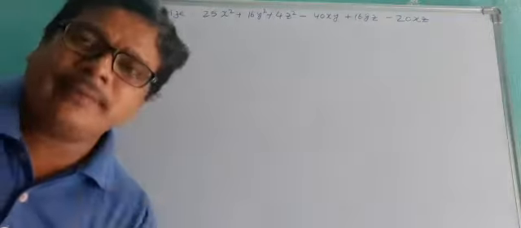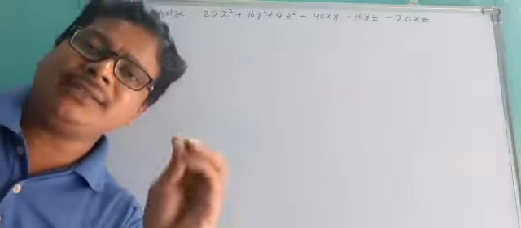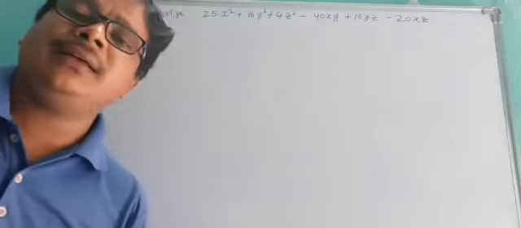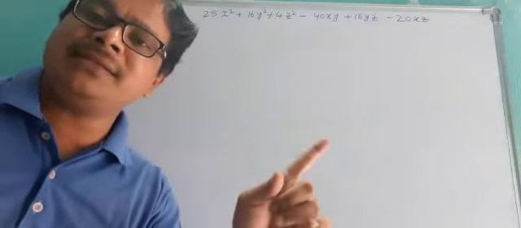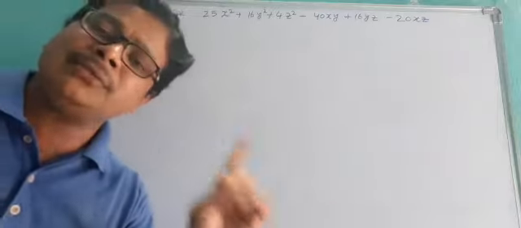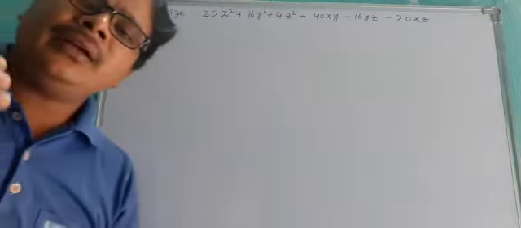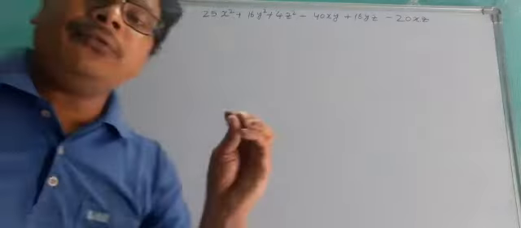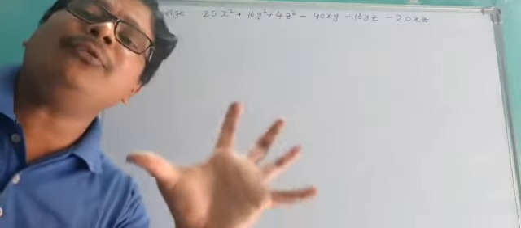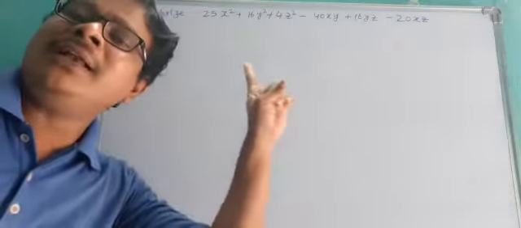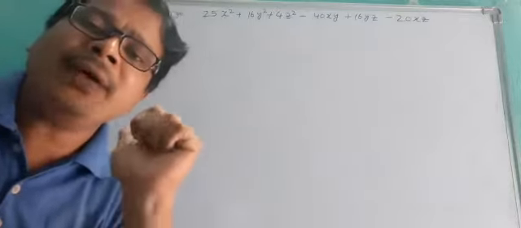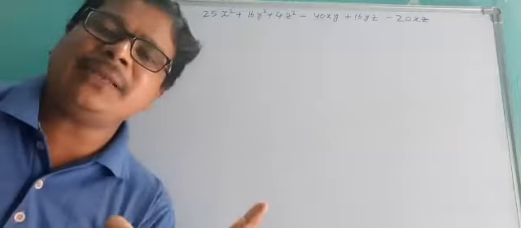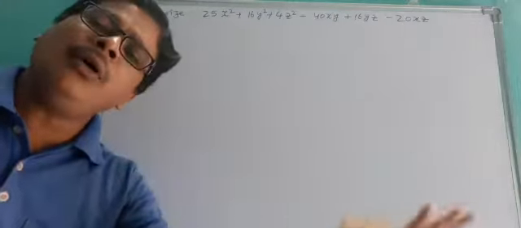Good morning, students. In our previous video, we discussed one of the identities, that is (a + b + c) whole square equals a square plus b square plus c square plus 2ab plus 2bc plus 2ca. So already we did some of the problems related to that identity. Now with the help of the same identity we have to factorize a given polynomial. Factorization means the given polynomial can be expressed as a product of two or more polynomials.